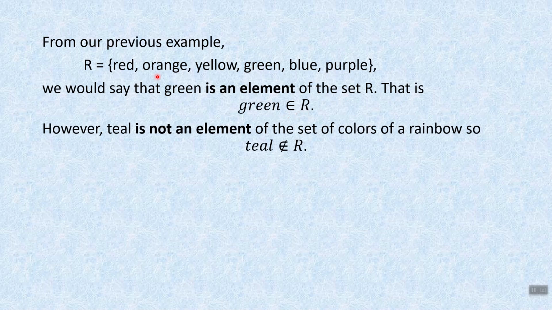However, teal, right? Teal is not listed up here. So teal is not an element of the set of the colors of a rainbow, so we would say teal is not an element of R. A line through it means not, and we could have not equals, not an element of. We see this idea of not